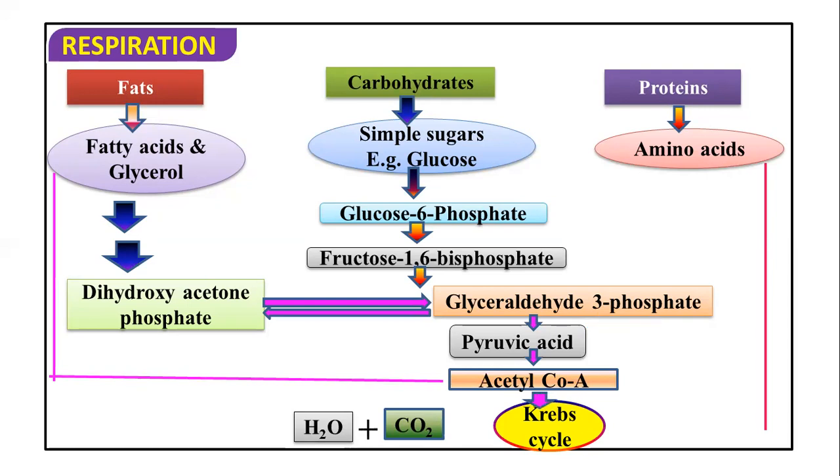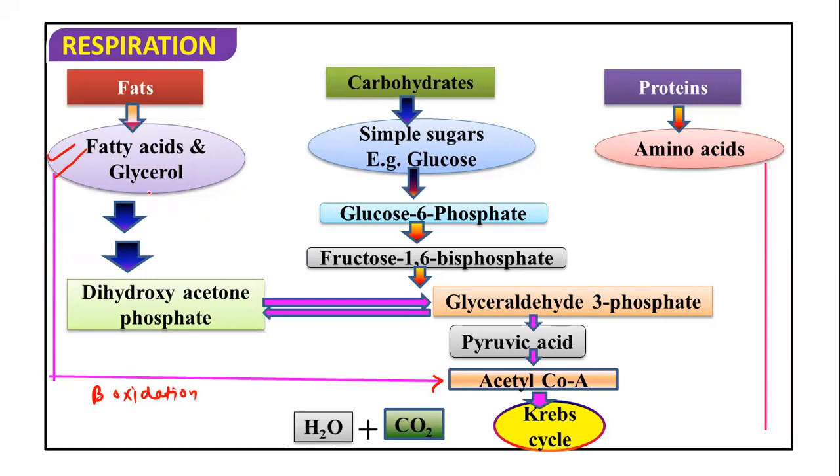But when the carbohydrate is used up in a cell, the body will be dependent on fat. So what will happen? The fat will first be broken up into glycerol and fatty acid, as you can see here. And if fatty acid were to be respired, it would first be degraded to acetyl coenzyme A. So this fatty acid gets degraded to acetyl coenzyme A by the beta oxidation process.